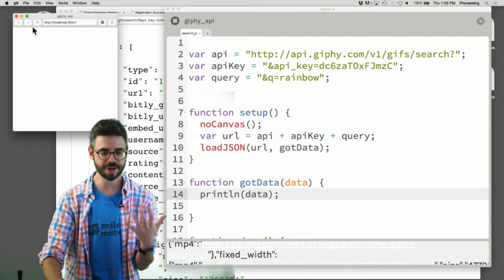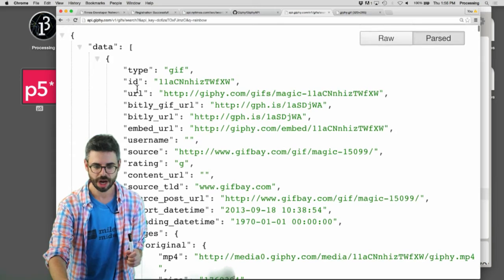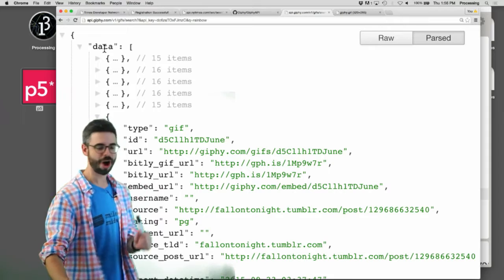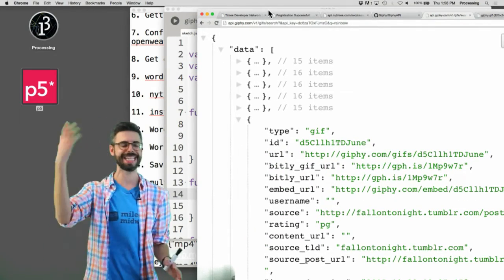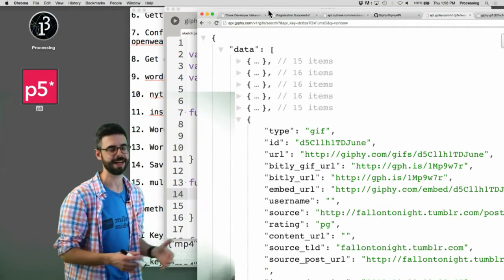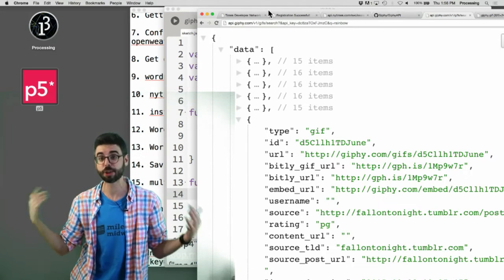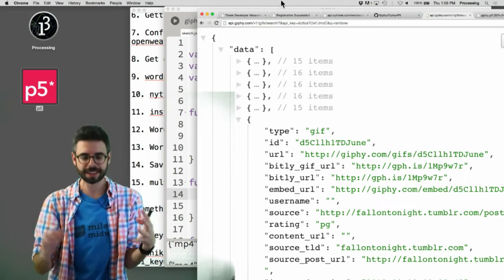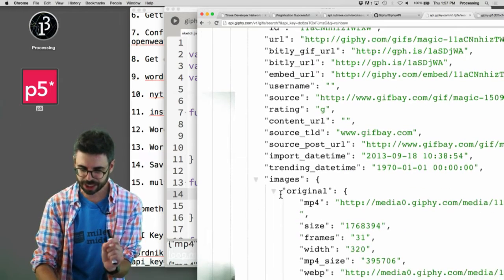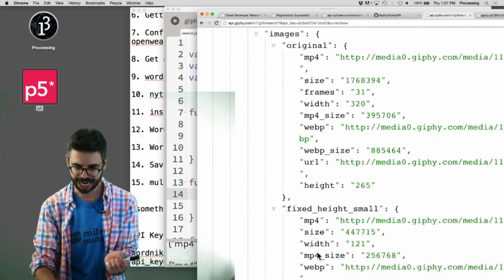That's a good sign. So now I've got to figure out, this is hard, I've got to unpack this JSON. One thing I can notice is that this is going to be awkward because I'm going to have this moment where I'm saying data.data, because the first key, the first property of this object that came back from Giphy is data. So then what is data? It's an array. And each element of the array, I'm assuming, is one particular GIF with lots of information about that. And what I want is index 0 images dot original.url. I guess I could get different sizes and stuff, but let's go with